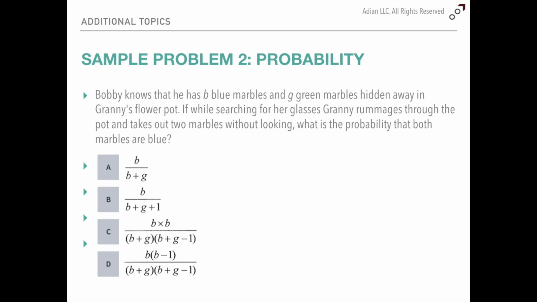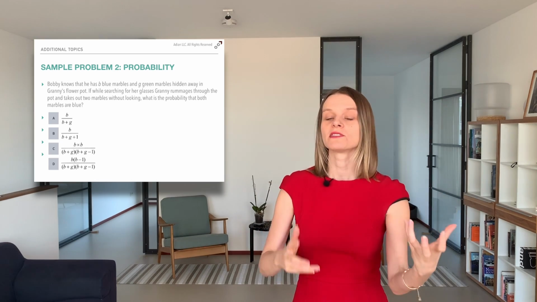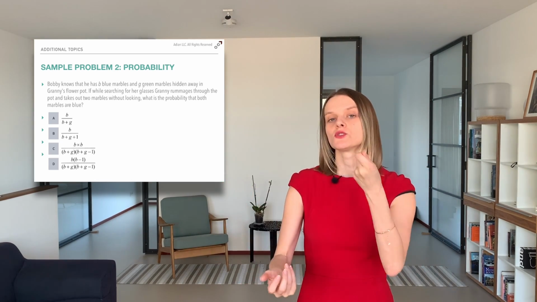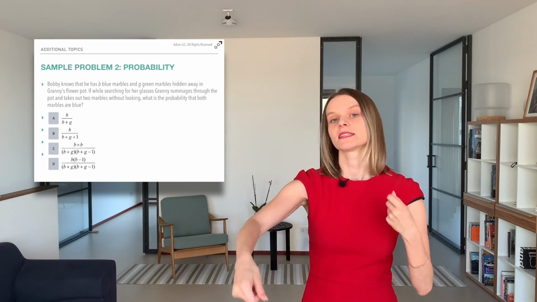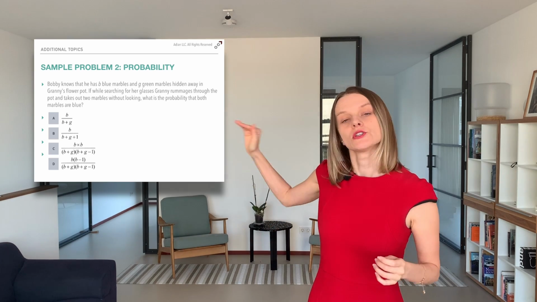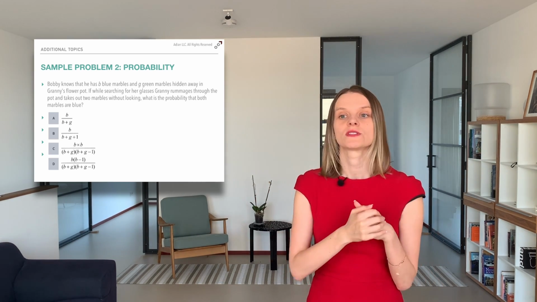If while searching for her glasses, Granny rummages through the pot and takes out 2 marbles without looking, what is the probability that both of them are blue at the same time? So here, these events are dependent, so one of them influences the other one. This happens because she already took 1 marble and the probability of the second marble is influenced by this first event. So as you create one of these fractions that you have here as possible answer choices, so just think